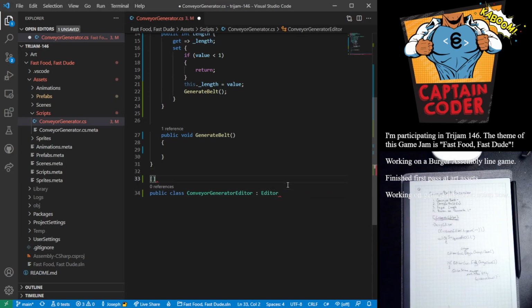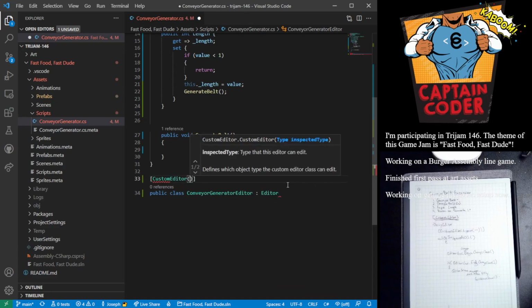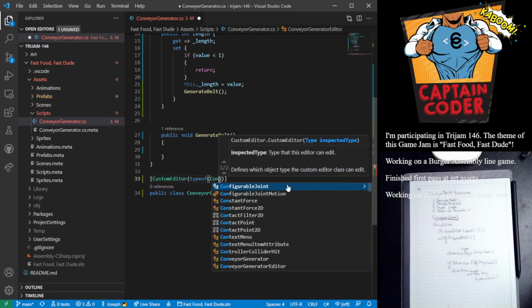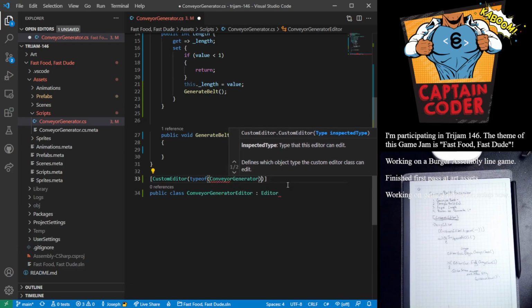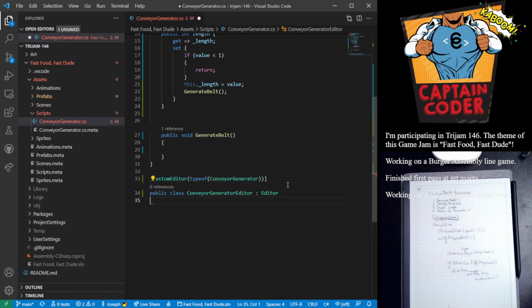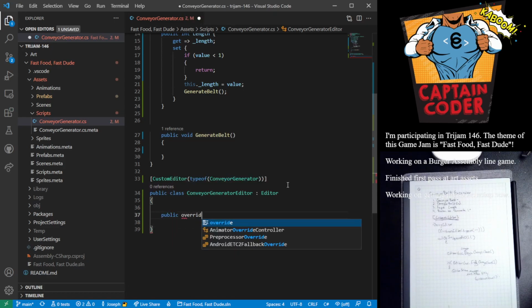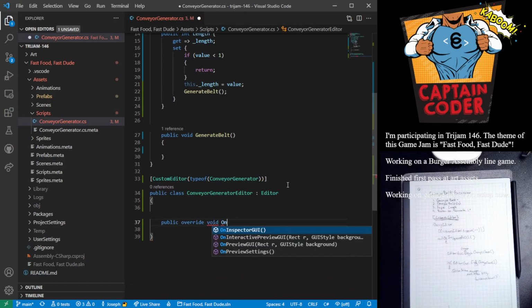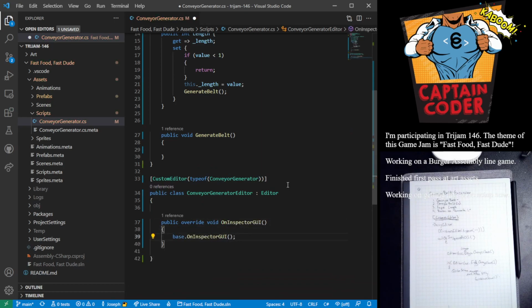But it's going to use this type of ConveyorGenerator. Okay, so this will make my custom OnInspectorGUI. I'm gonna override this to change it,